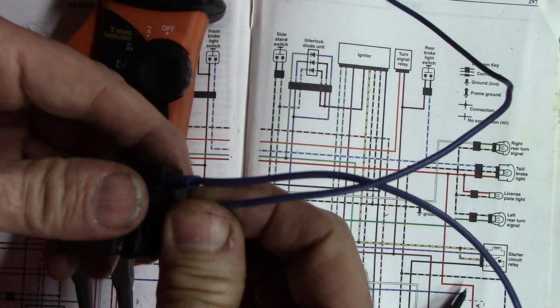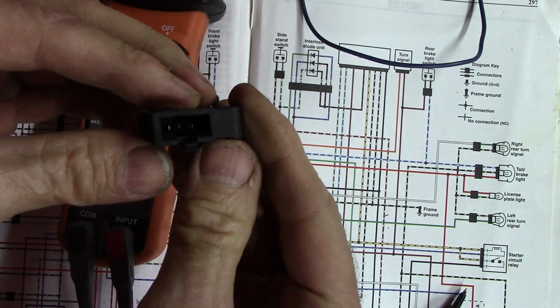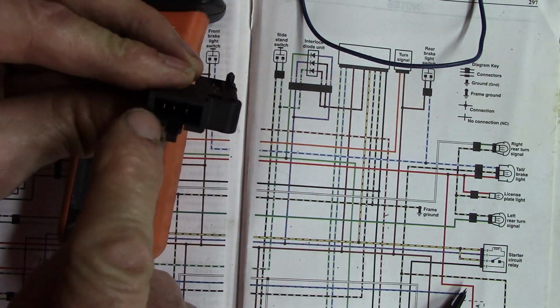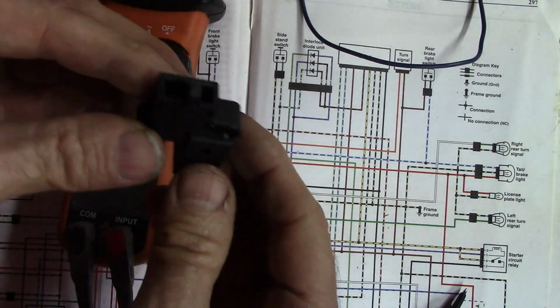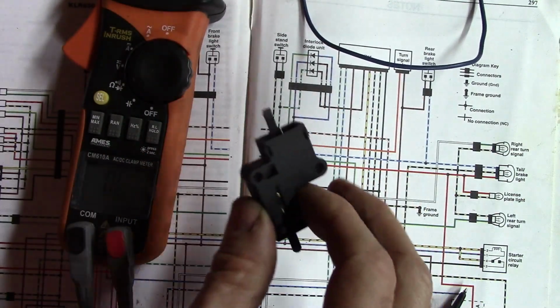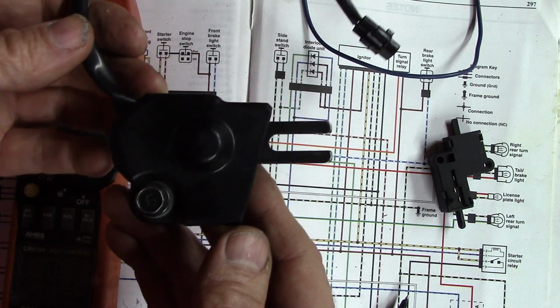And there's a 3-prong electrical connector on the back of it, but the bike only uses the two farthest, the connectors at the ends. It doesn't use the center one, and that's for the starter lockout switch. And then for the side stand switch,